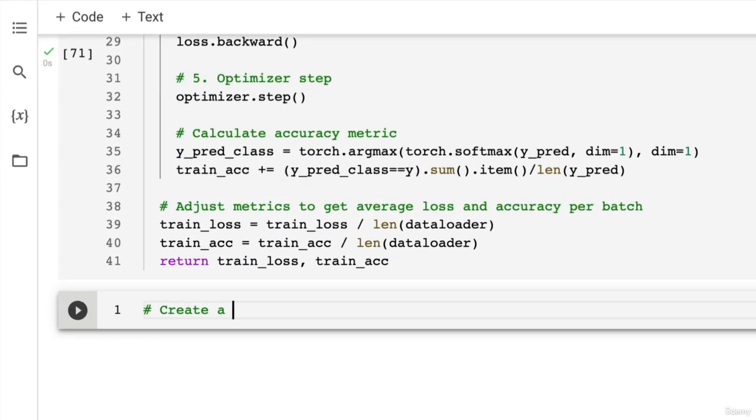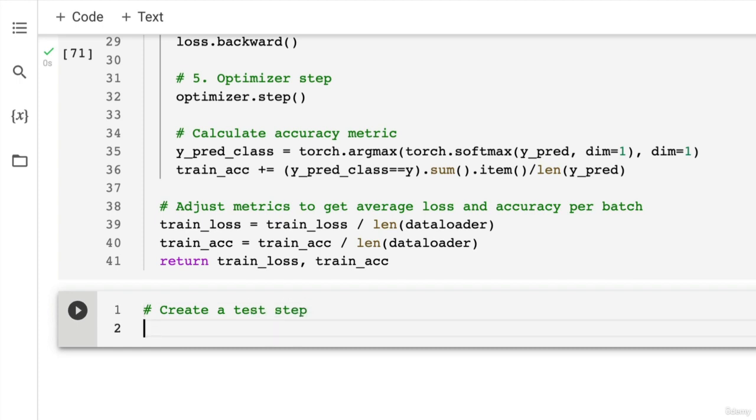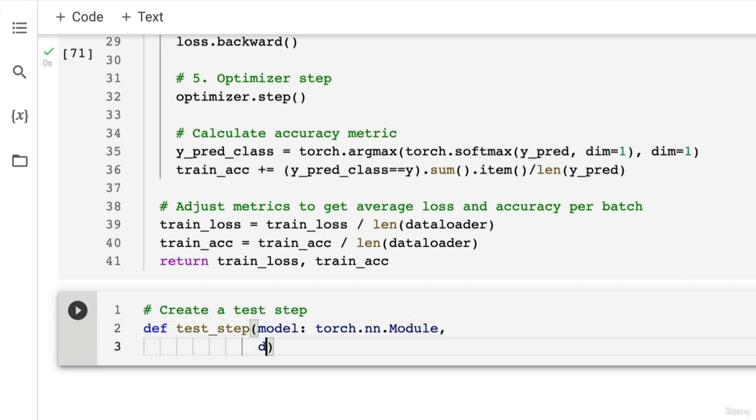So create a test step function. We want to be able to call these functions in an epoch loop. That way, instead of writing out training and test code for multiple different models, we just write it out once and we can call those functions. So let's create def test_step. We're going to do model, which is going to be torch.nn.Module, and then we're going to do data_loader, which is torch.utils.data.DataLoader,